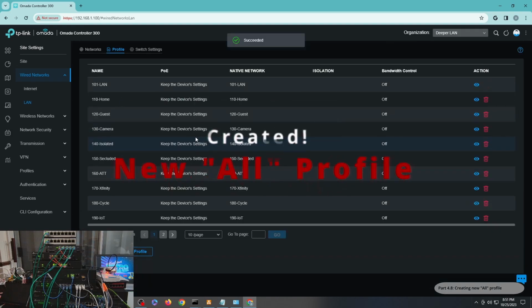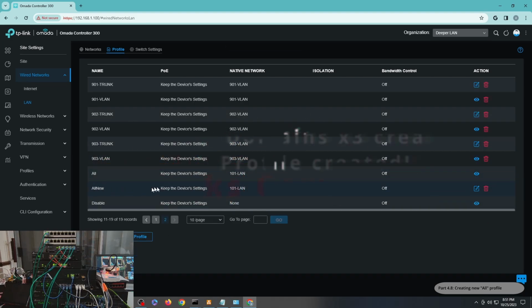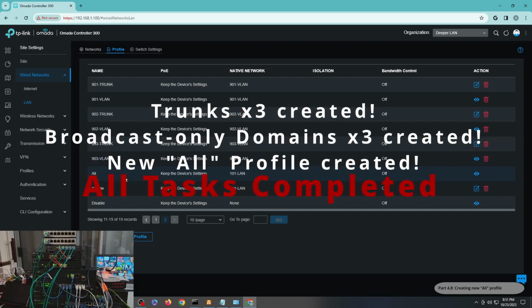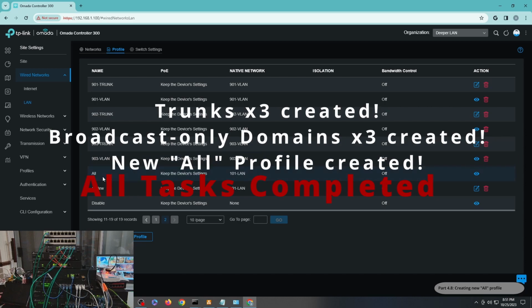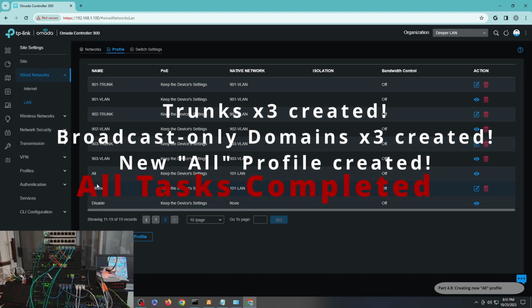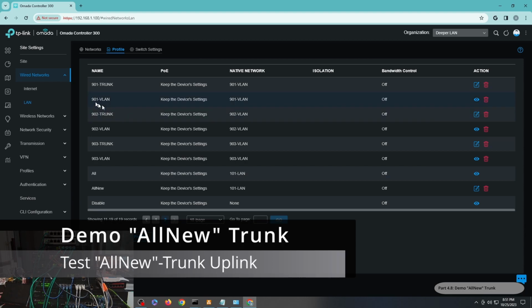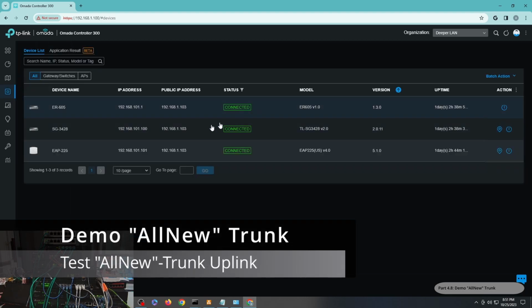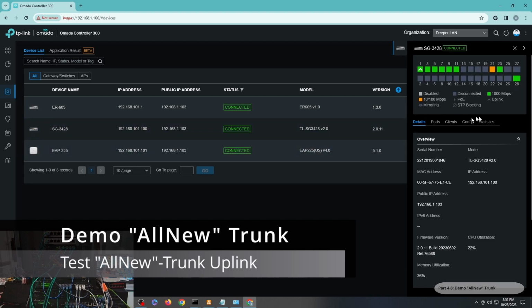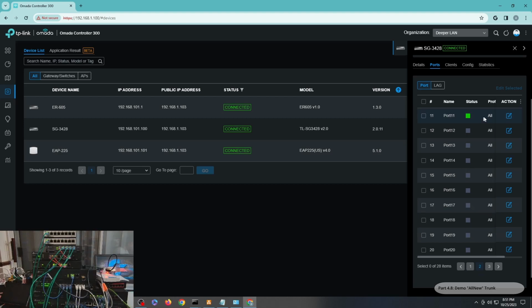But what's going to happen is that you're going to use that new profile, this one, to replace the old profile. Every time you're going to use the old profile for connecting one network device to another, you have to use the new one if you would like to have all of your VLAN memberships flow to the next network device without any issue. So let's do just that. I'll show you. So the SG3428, like I said, have it at 411. So instead of all, you have to select